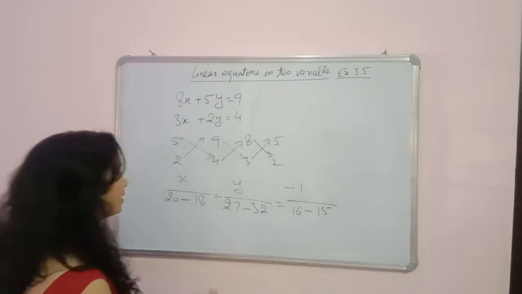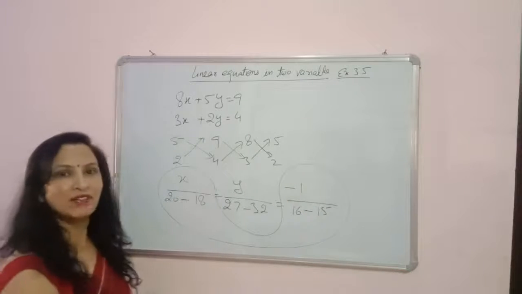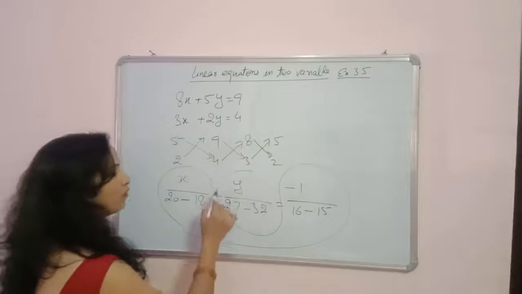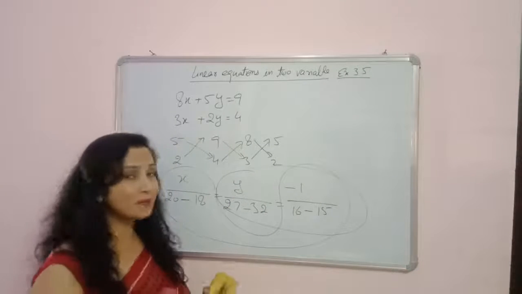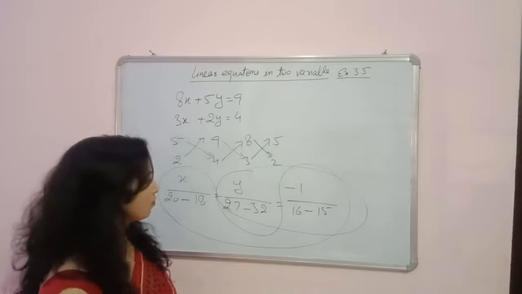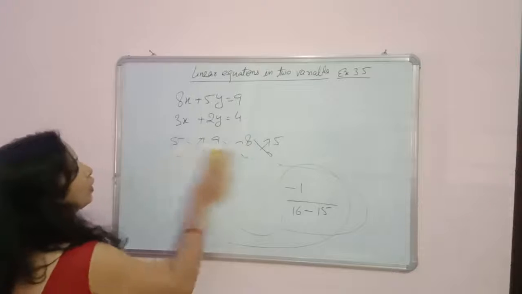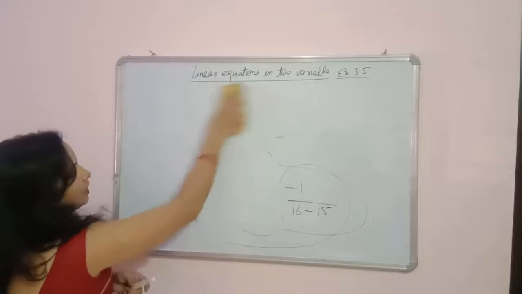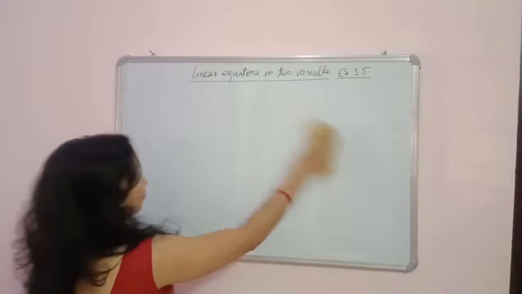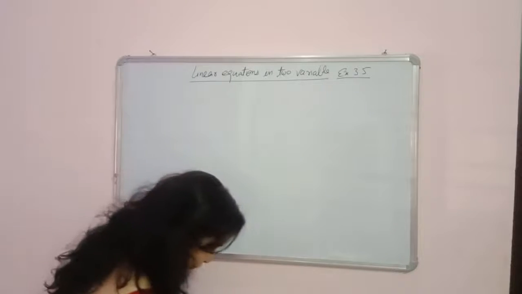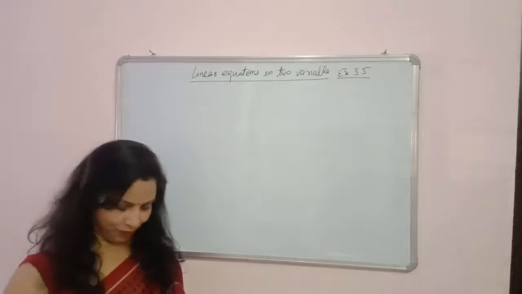So you will solve it like this. When you solve x upon something with the minus 1 upon, you can find the value of x, and by solving with this equation, you can find the value of y. I am not going to explain in brief because I have explained it in the last lecture. Now, in this video, we will try to understand some problems of this exercise 3.5. The problem-based questions start from question number 4.